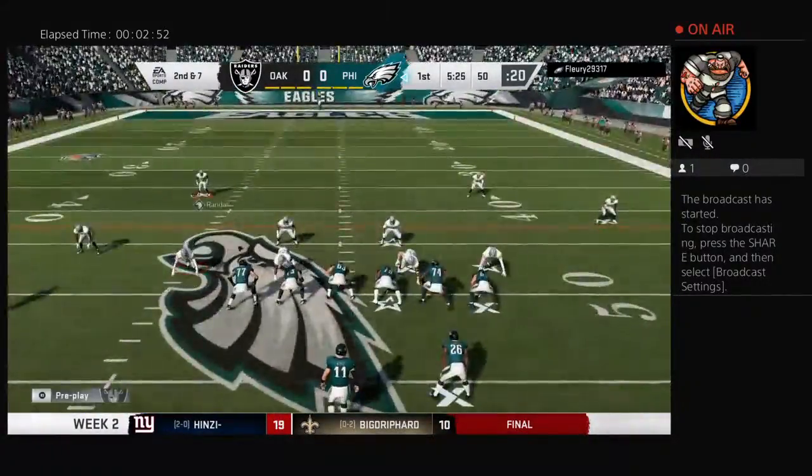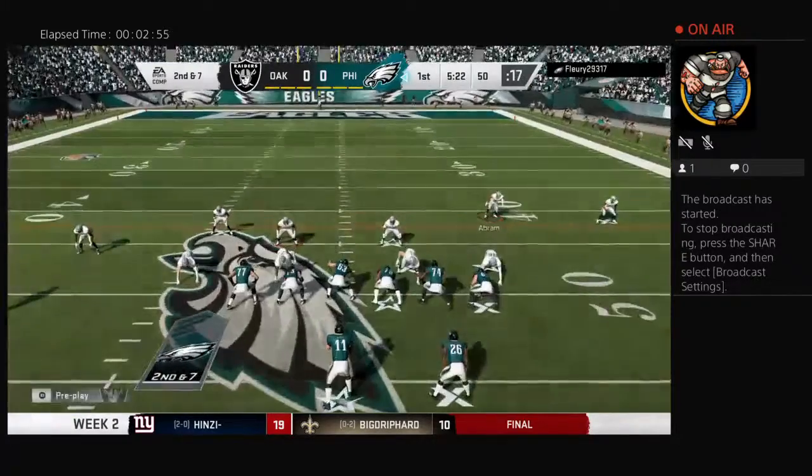The last run got 3. Now here's second and 7. Let's go, D. Big series right here. So we got to step